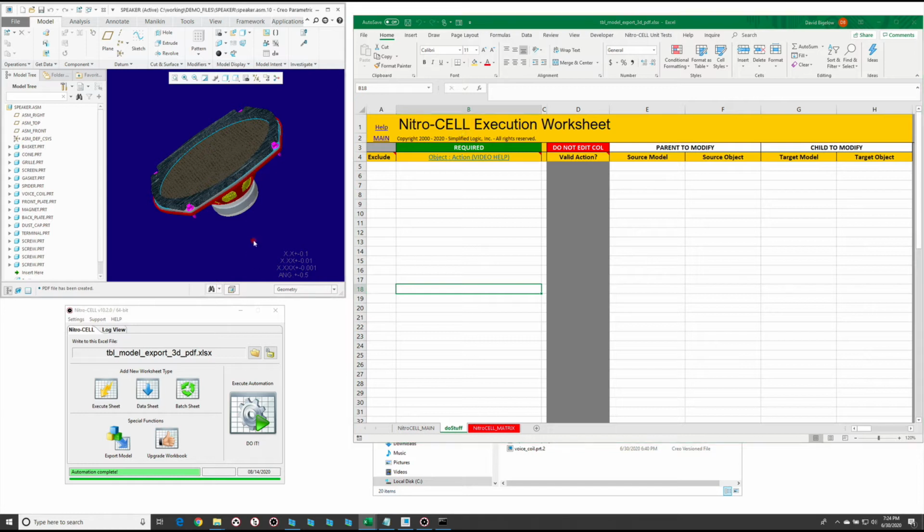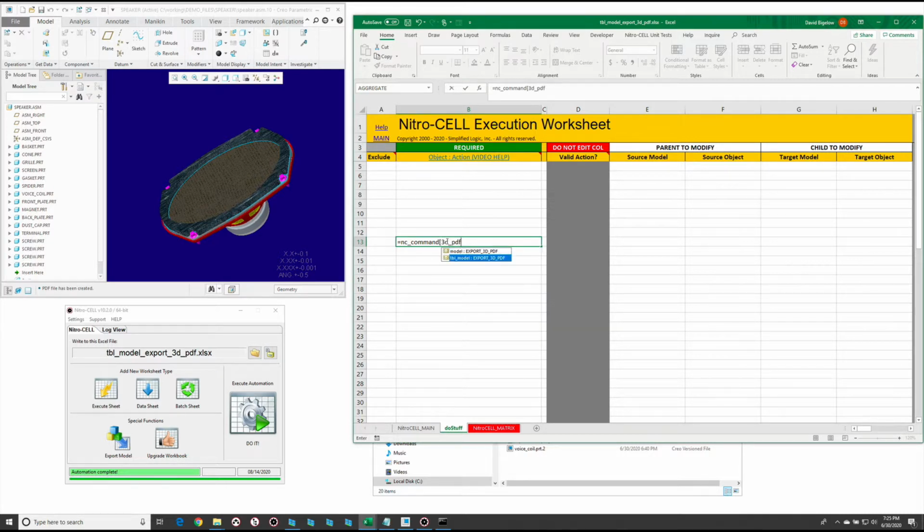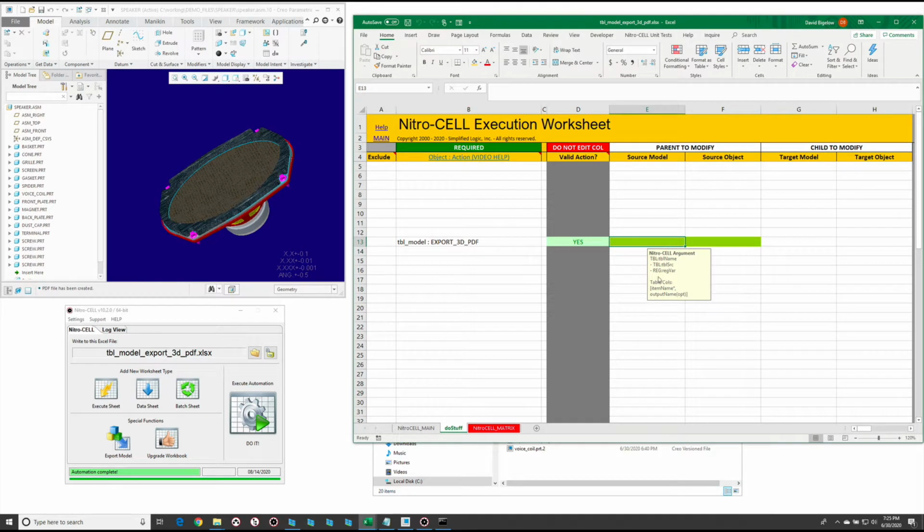Okay, so let's talk about exporting 3D PDF files from NitroCell using Excel tables. To do that, I'm going to first find out what that command needs. So we're going to put in 3D PDF, look at the table option, and if we come over here and look at its requirements, it's looking for a table name in Excel that has item name. It also has the option for output name, and then this other field is the directory that you want to